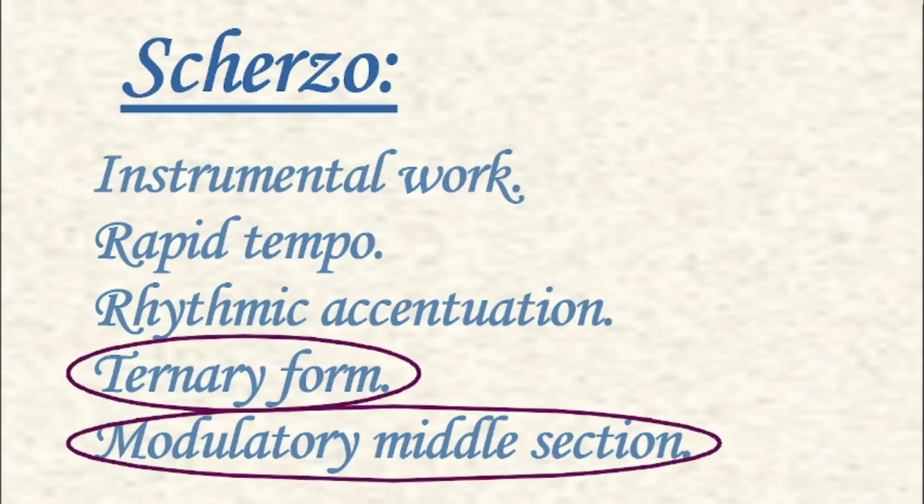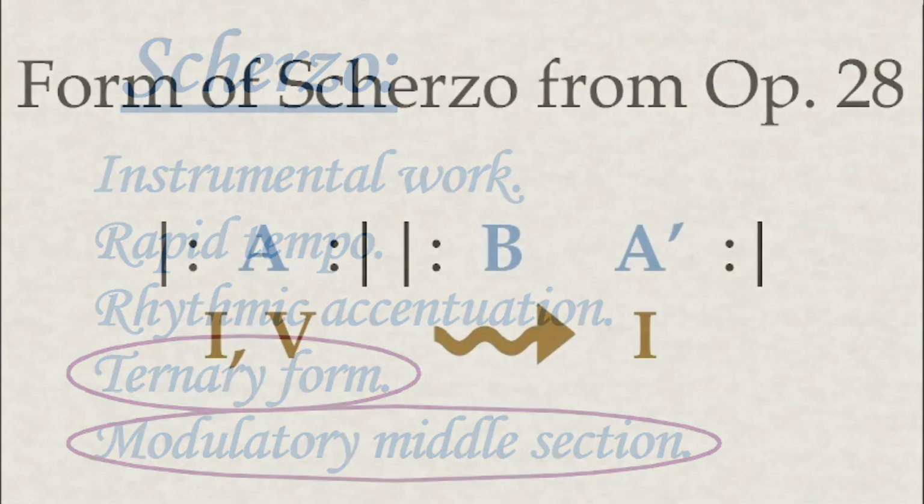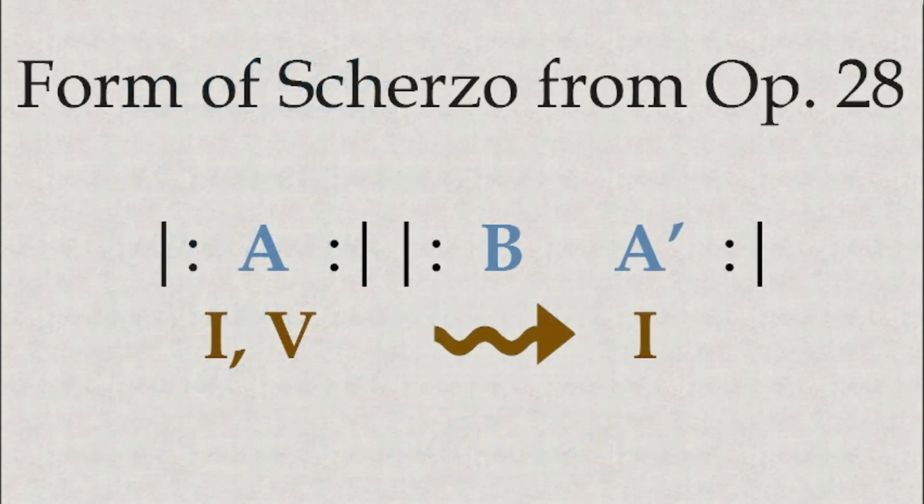So in this video, in an attempt to illustrate all of these points, we'll be examining a short scherzo of Beethoven's, specifically the one from his 15th Piano Sonata in D major, opus 28. Here's a basic diagram of the scherzo we'll be examining. As you can see, it's ternary, or A, B, A prime,